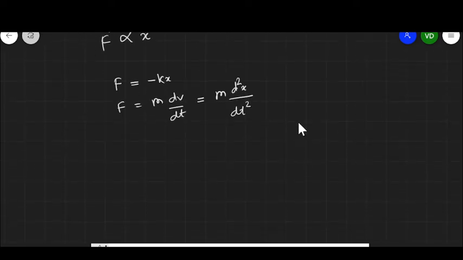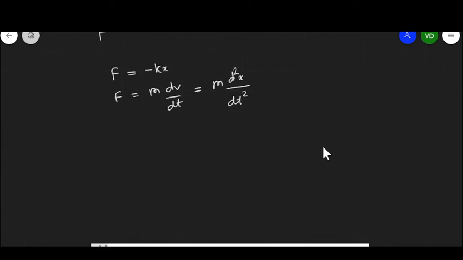That is the acceleration, the rate of change of velocity, and velocity is the rate of change of displacement. Now we just equate these two equations, equation 1 and equation 2. So what we get is m d2x by dt square equal to minus kx,